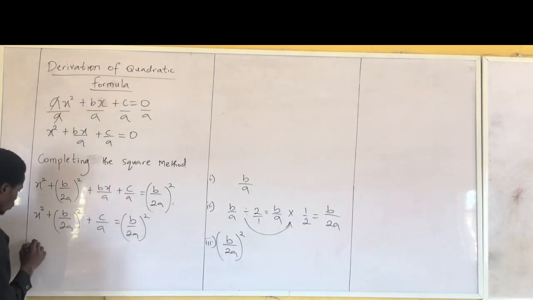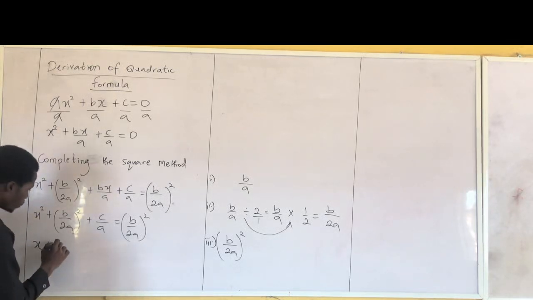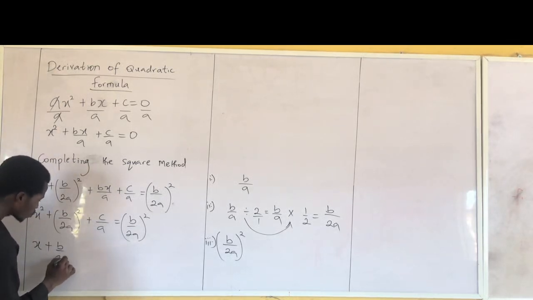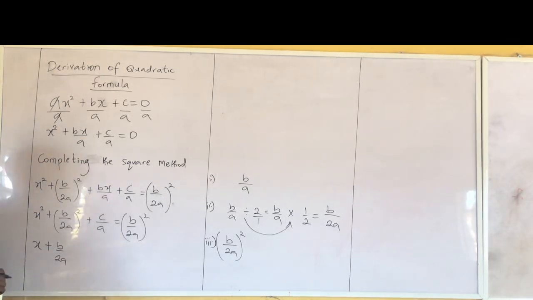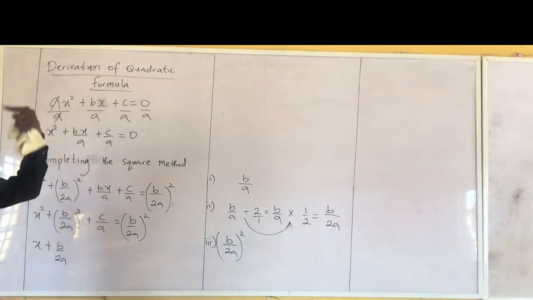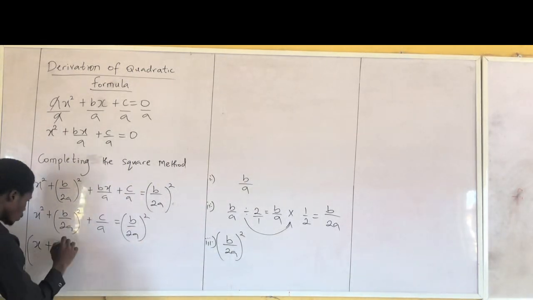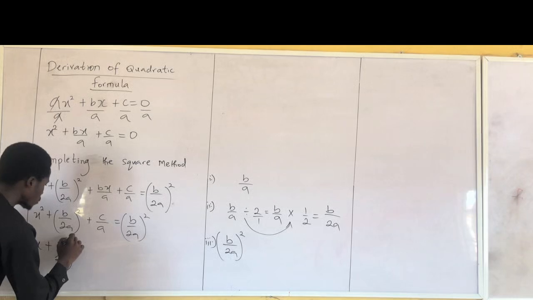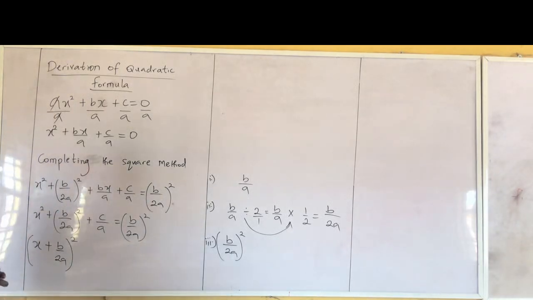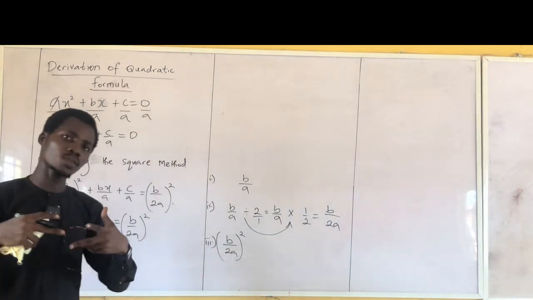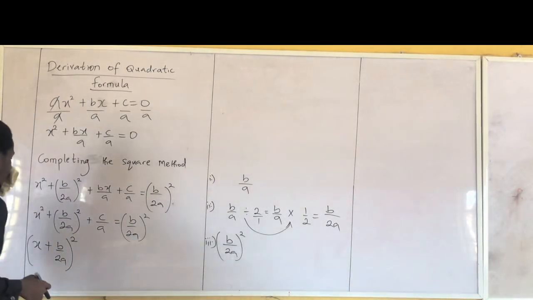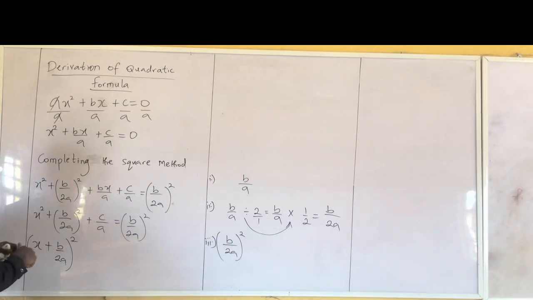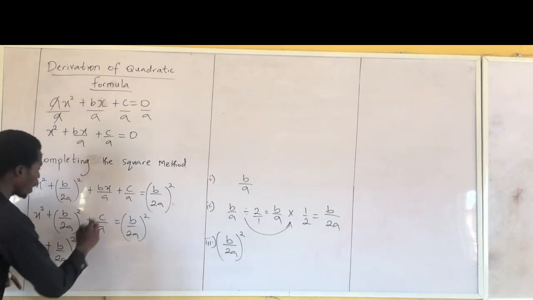So in this case, you say x plus b over 2a. You fuse the two friends together. Then fuse their brain together. How? Just use a bracket like this, then raise to power 2. Is it getting interesting? You can see what we are saying. They are sharing the same brain here. So they've seen themselves as one big family. Okay. Now the next thing here is, we are going to have